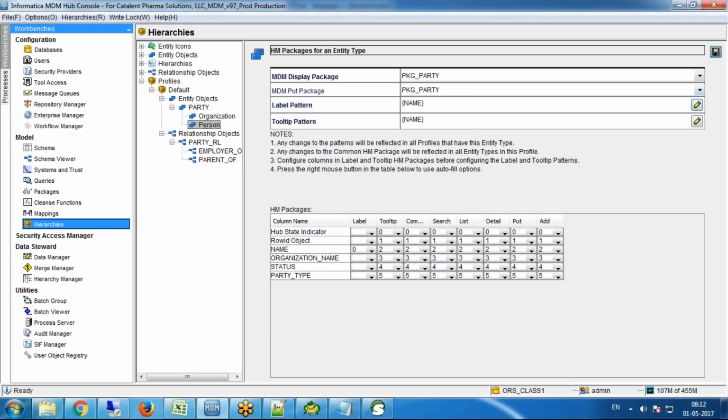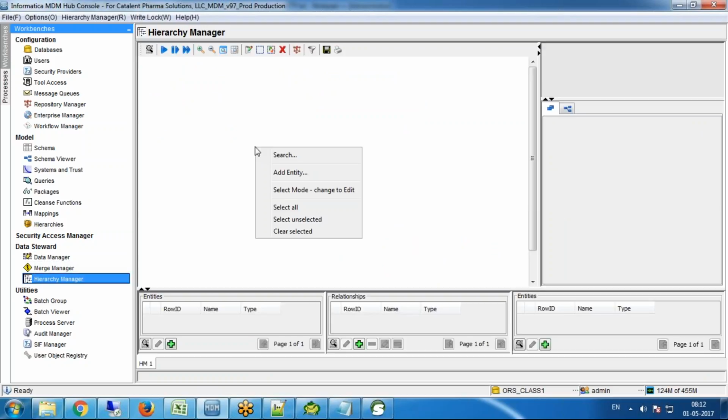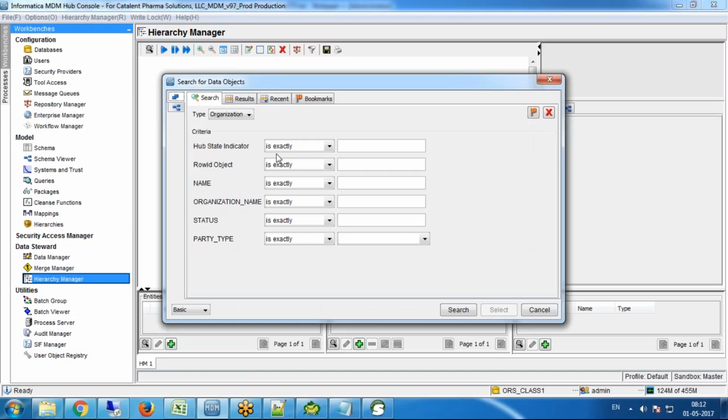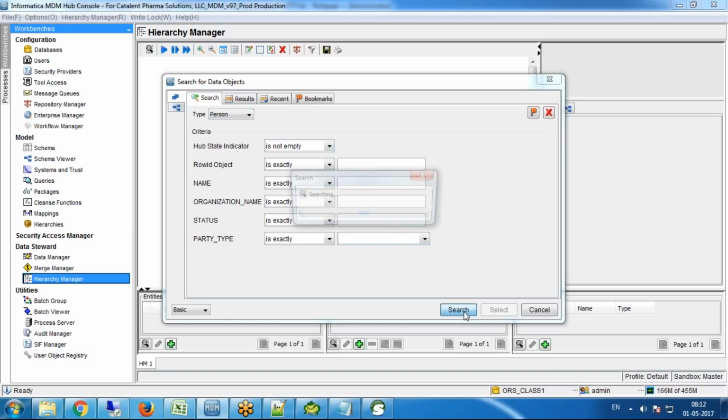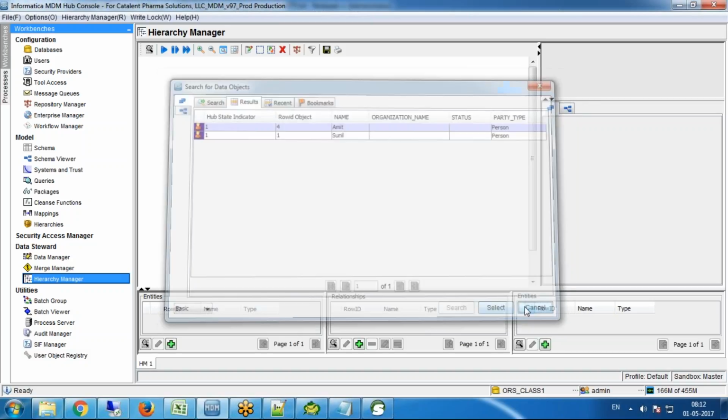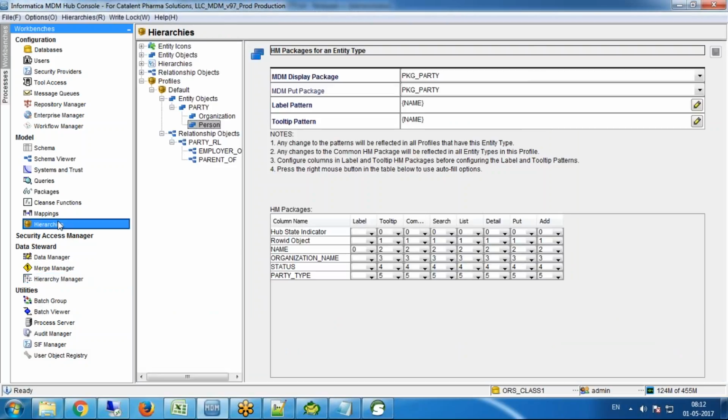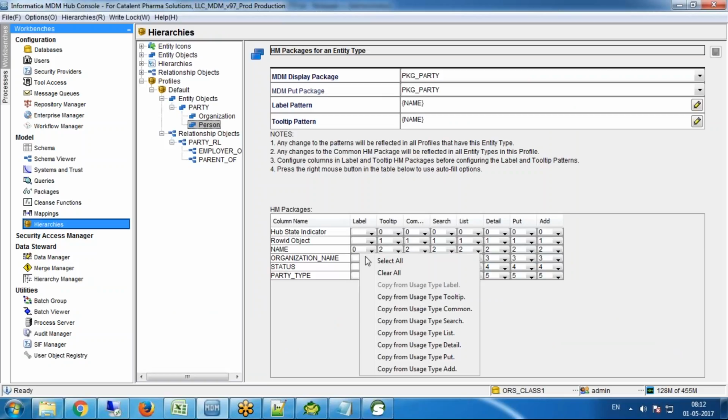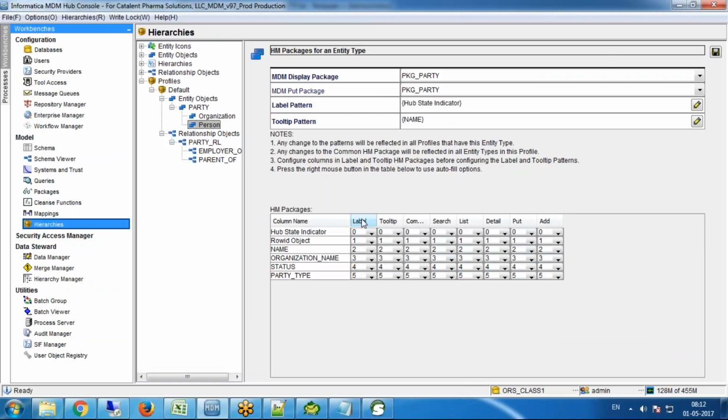Save it. Okay, now remember I'm just choosing the name for person. So if I go here, search for a person, 1 minute, 1 second. See, for label, 1 minute. So this, see this label and tooltip, it's all about